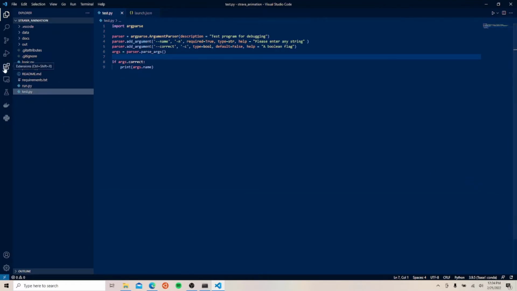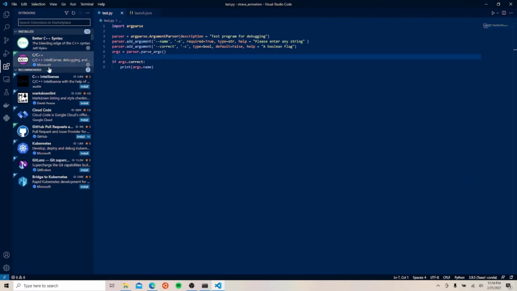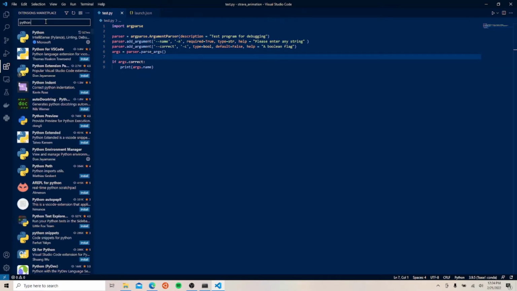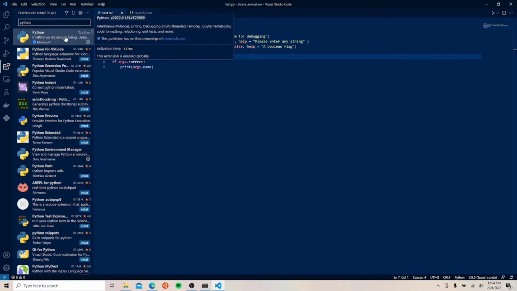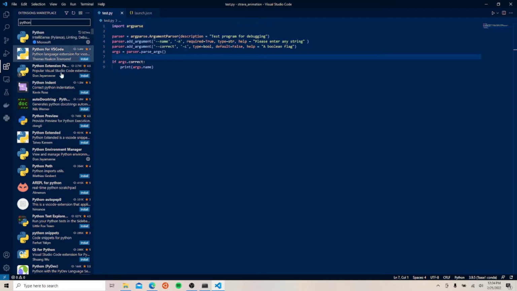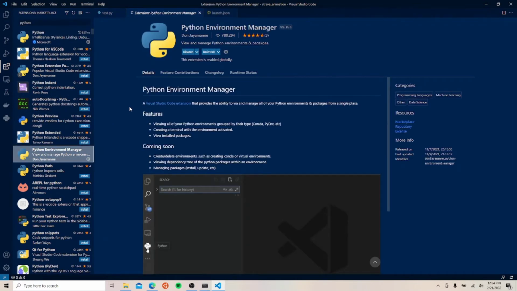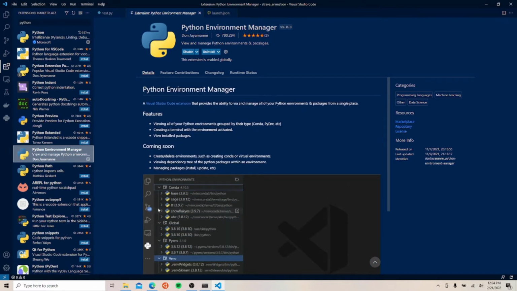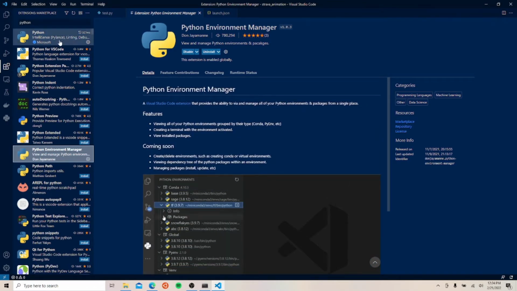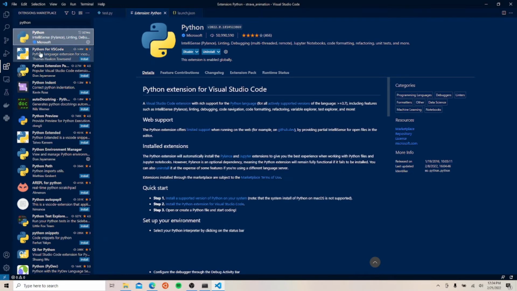first, you need to make sure that you have the proper extensions installed. So go to Extension Marketplace, type in Python. Be sure to install Python and the Python Environment Manager. This is very important. Allows you to pick different Python environments. So for example,